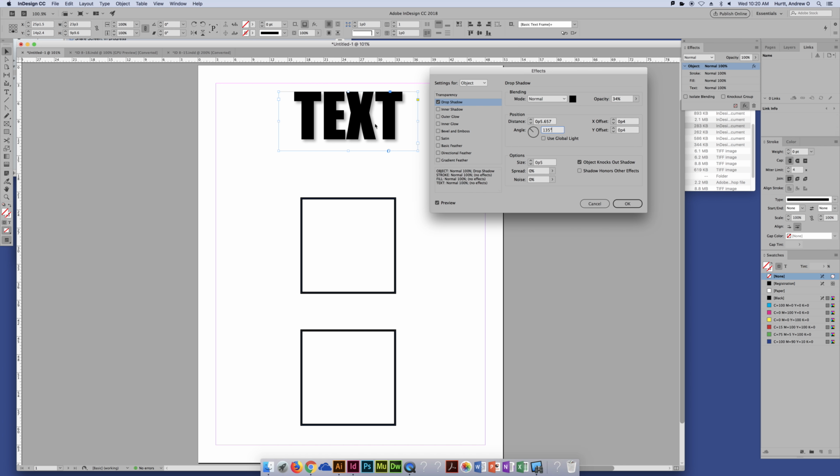So you can have a nice subtle drop shadow or a little bit of a wider drop shadow. Another handy feature is you can use global light. If you click this box, it will set essentially one light source for your entire document. So that way, if you threw a drop shadow on here, like let's say for argument's sake, this